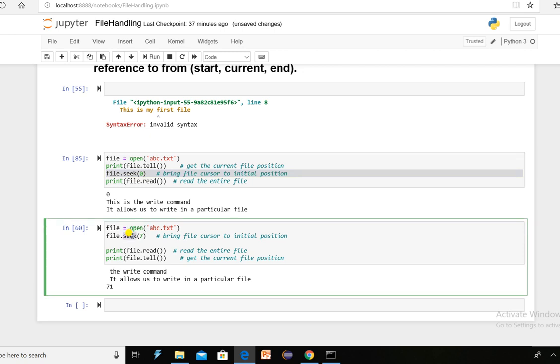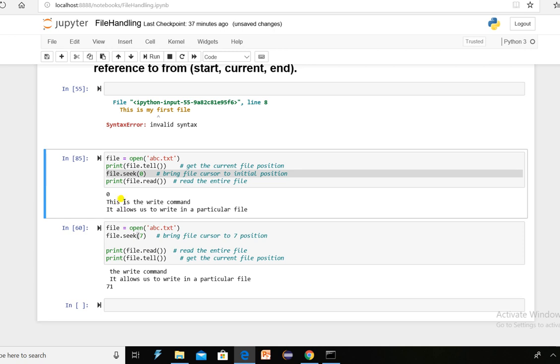Now here I have changed the cursor position. I have set the cursor position at 7. So count 0, 1, 2, 3, the space will be 4, 5, 6, 7. The cursor will be at 7, and 7 is the space.